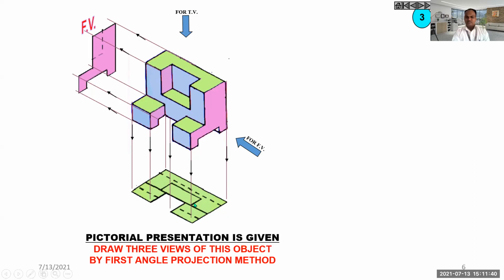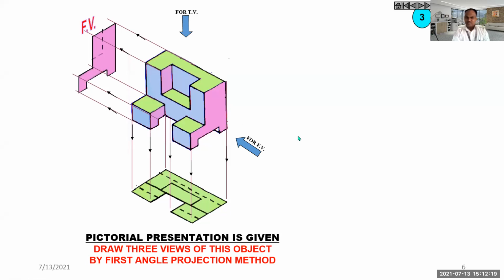Then this one, this is a top view. Top view में आप देख सकते हैं this portion will be seen, this C-shaped portion, this portion and this portion will be seen. So I have shown here C-shaped portion, this portion, this portion. Again, this is also visible, so it has been shown here. But here there is one hidden edge throughout, so that's why I have shown it dottedly. Similarly, here it is one hidden view or hidden edge that has been shown by dotted line. So this is a top view.